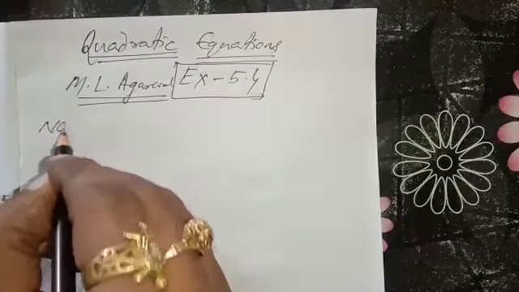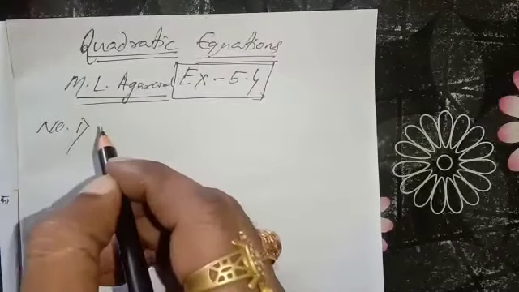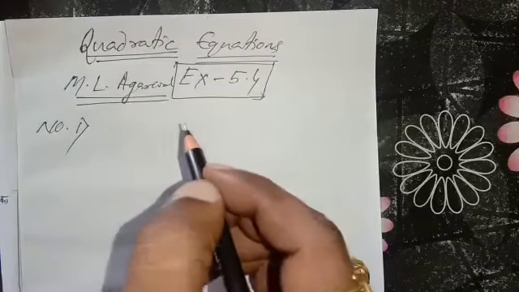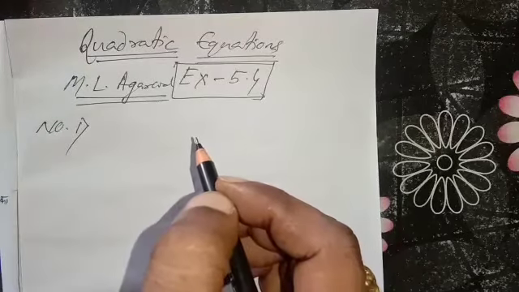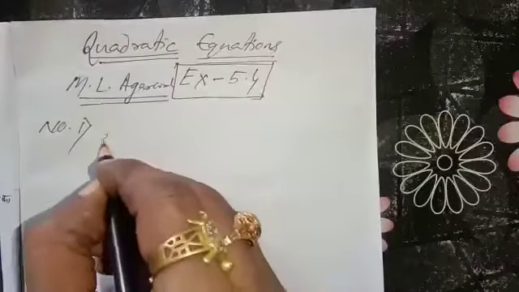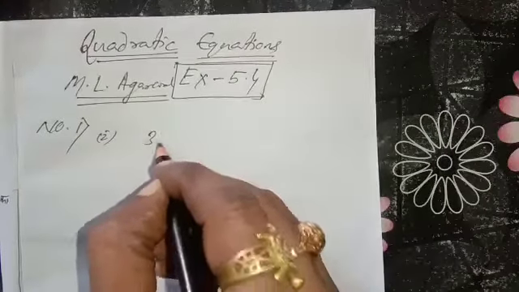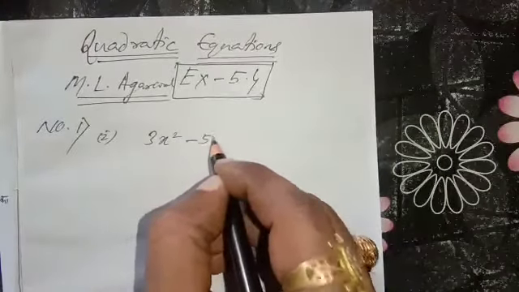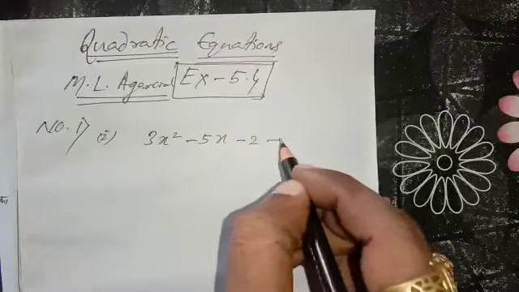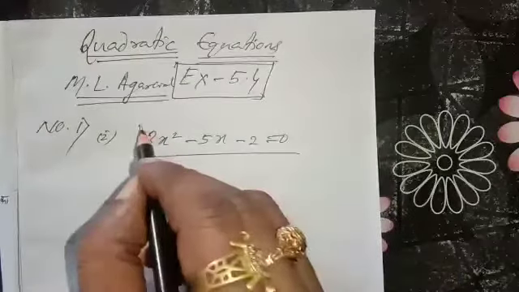Question number 1, they are asking, find the discriminant of the following quadratic equation and hence find the nature of the roots. The first part given: 3x square minus 5x minus 2 equal to 0. This is the quadratic equation given. You have to find out